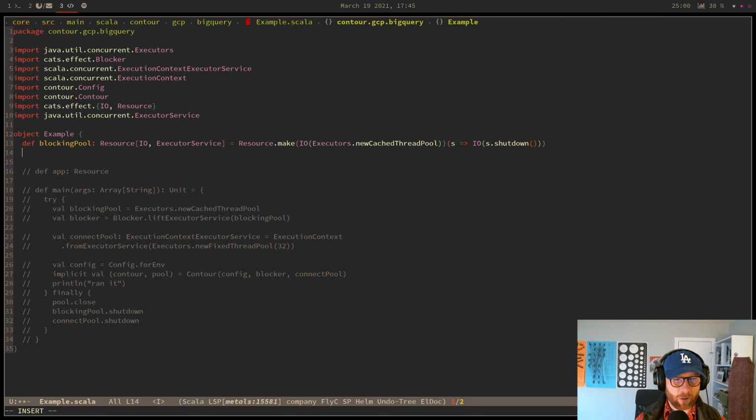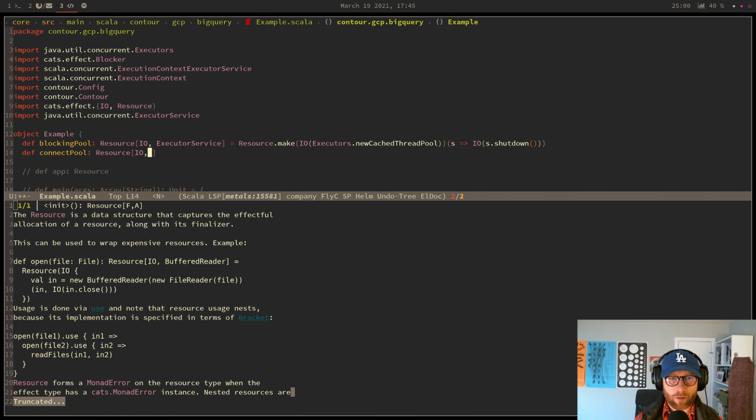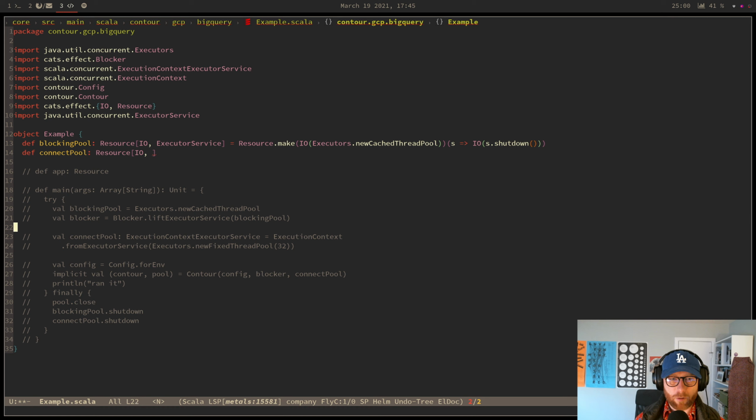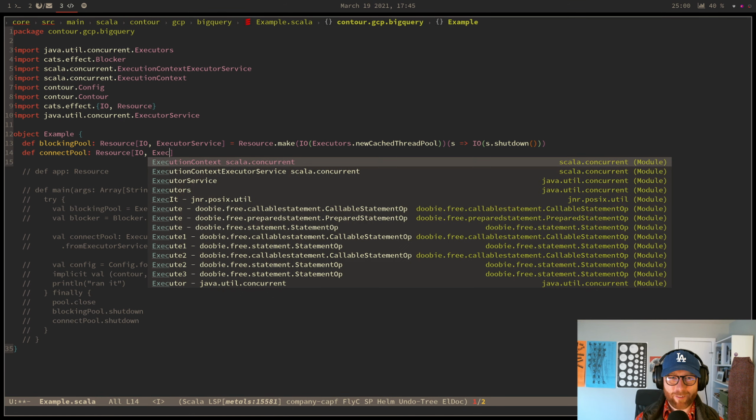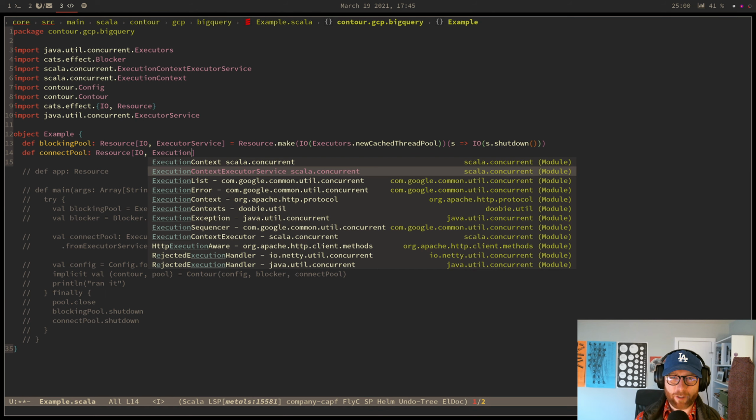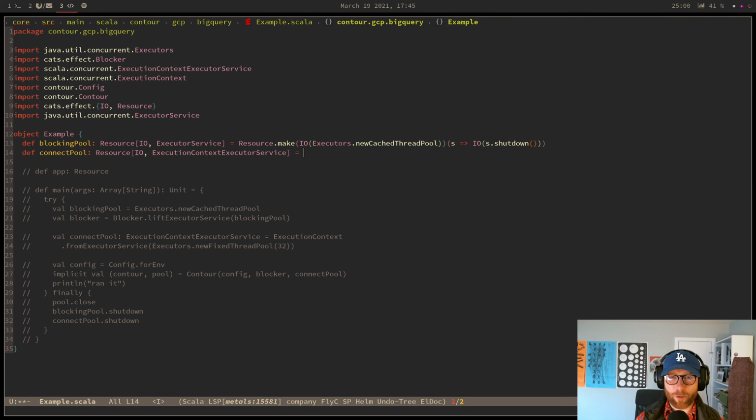So actually that's okay. I need that one. I need def connect pool, resource IO, and then that one is an execution context. Oh wait, it's an execution context executor service. I don't even know what that means, but